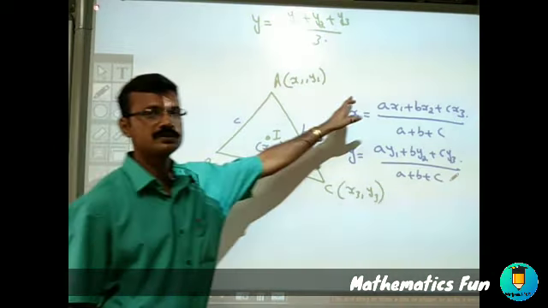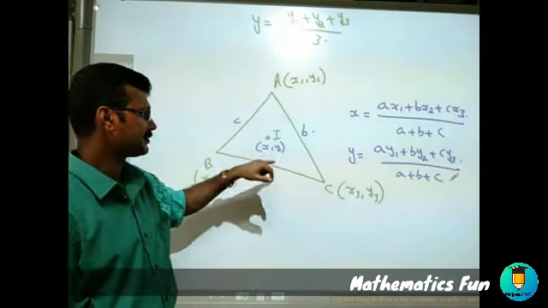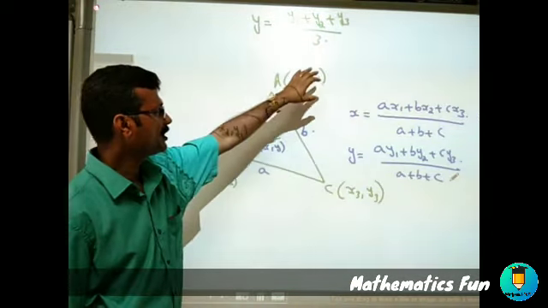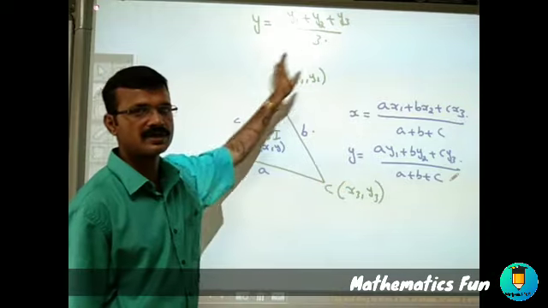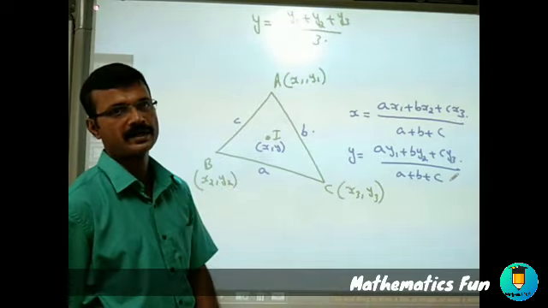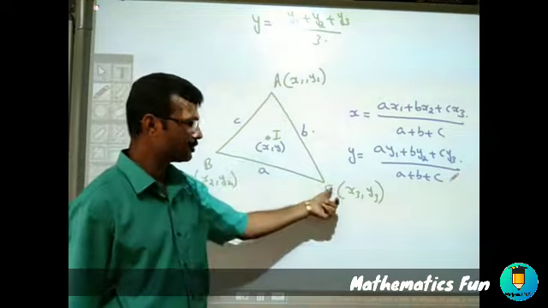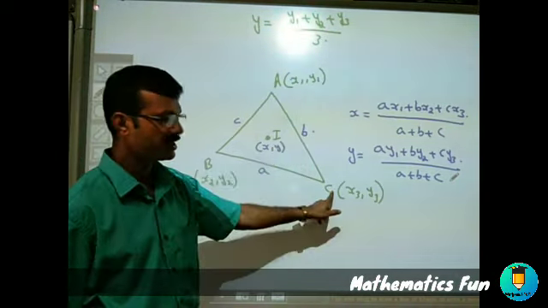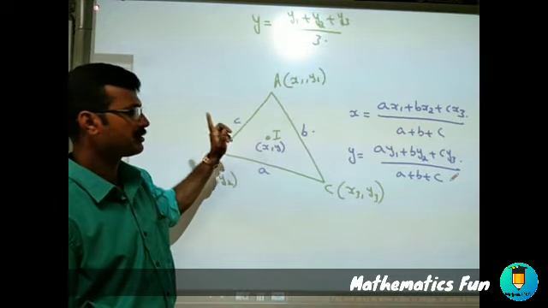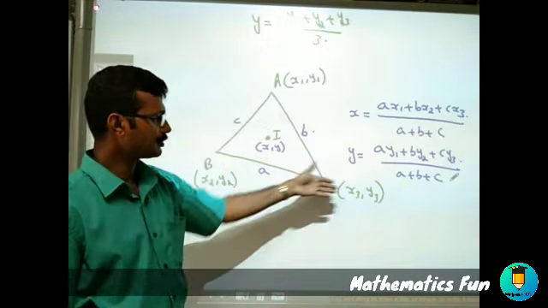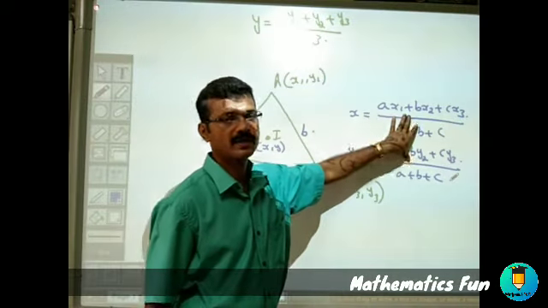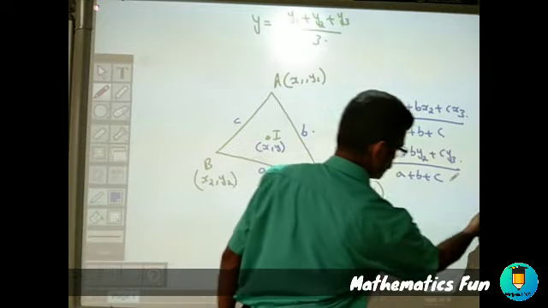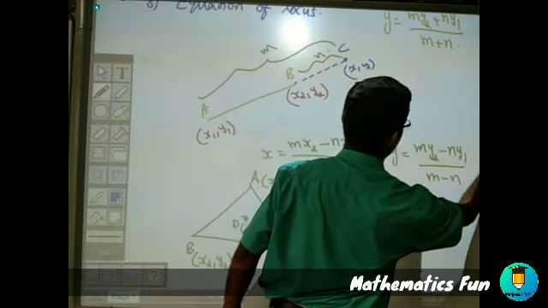Incenter of a triangle, this you have to memorize. We have to use this formula. This is new for you. So that is the coordinates of the incenter. When the triangle vertices are given, we can find it directly by this. Here a is the length BC, which we can find by the distance formula; b we can find by distance formula, and c also. And since you already know the coordinates, substitute directly to get the coordinates of the incenter. So that is new for you, the incenter.